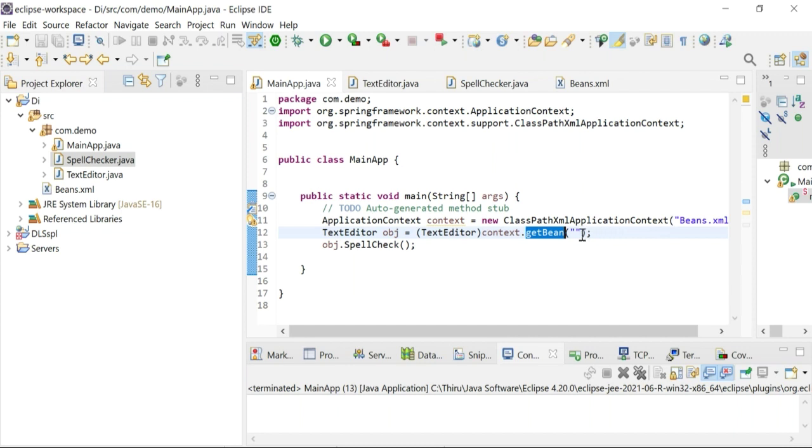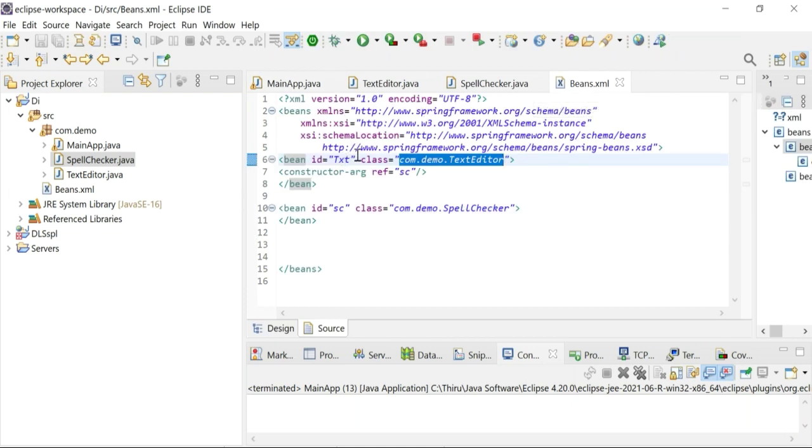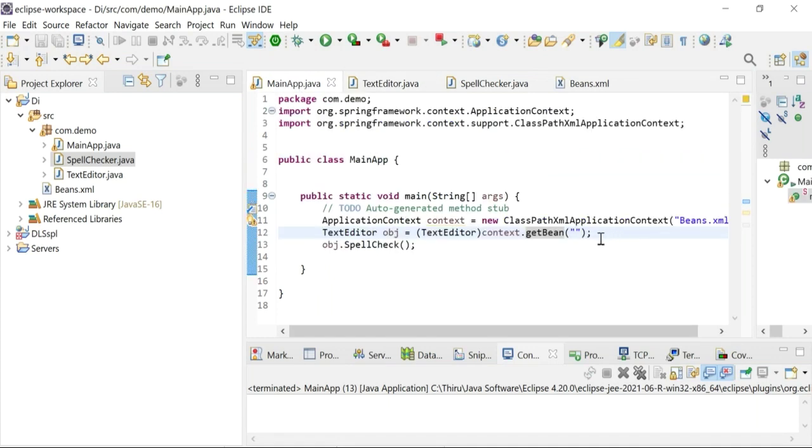To access the bean we need to give the ID of the bean, which is txt, right? So for the text editor the ID is txt. Give it in the main app, ID is txt. Okay, so that's it. I just run this.